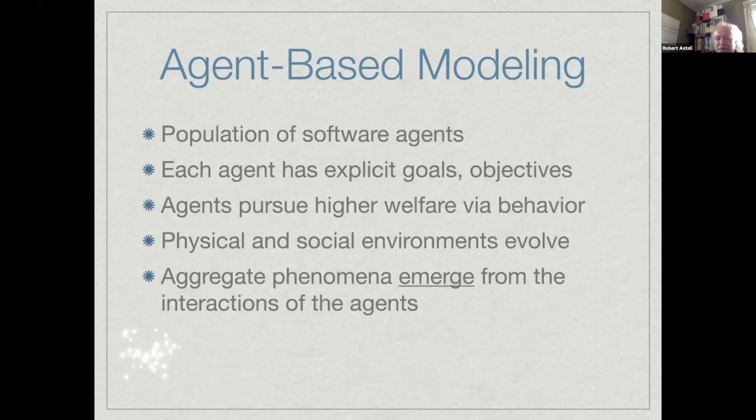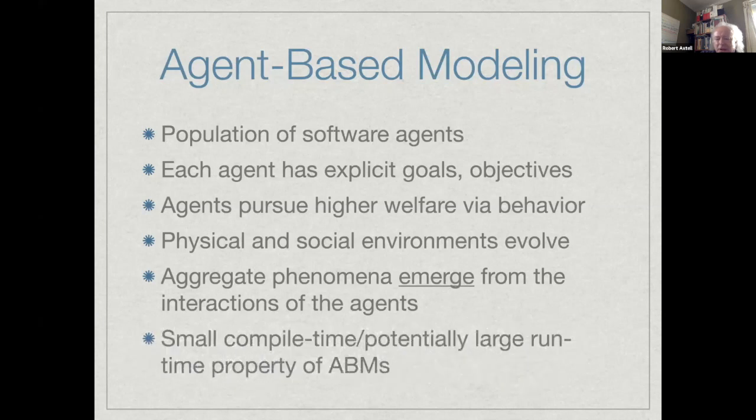and can have a different character than the microscopic structure. Today I'm going to talk in particular about the idea that ABMs have this property that oftentimes the amount of code you have to write can be quite compact, quite small. Whether I'm going to have 1,000 agents or 1,000,000 agents, I'm going to have the same code base. But at runtime, I can ask for all available compute resources, so I can have a potentially very large runtime model, and so millions or billions of agents potentially.